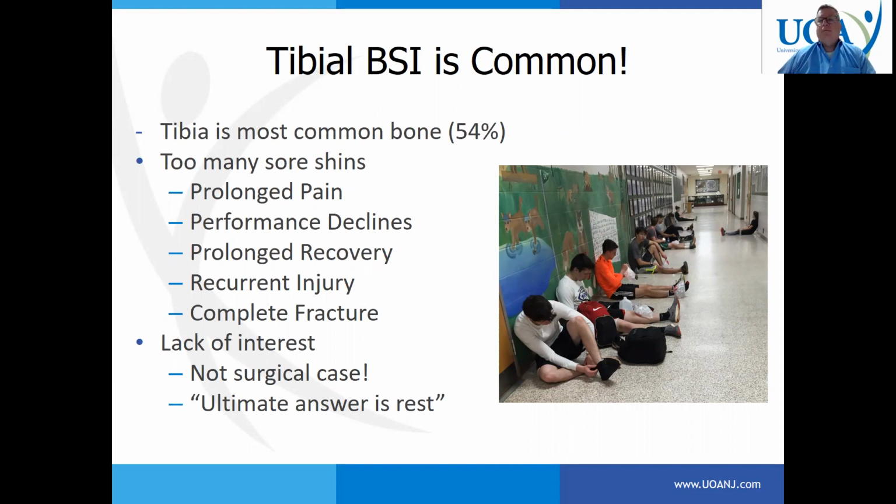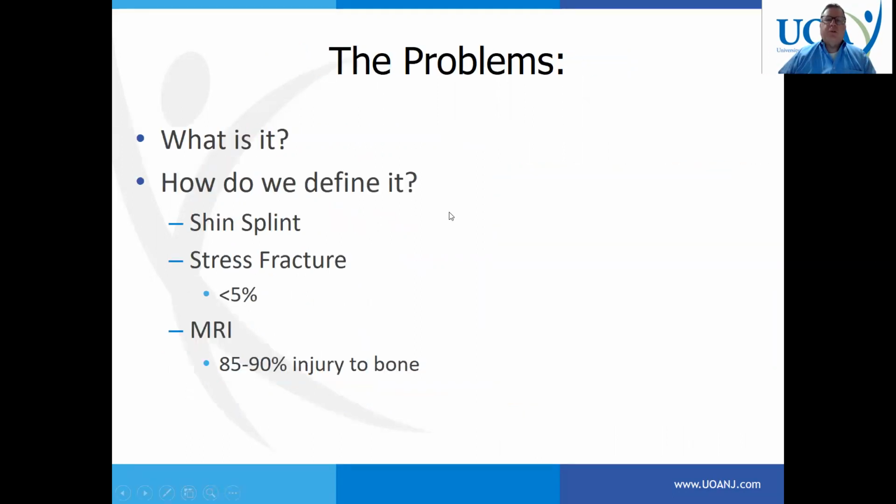There seems to be a lack of interest from the surgical community because it's not a surgical case. And from the primary care community, these things take so long to really dive into that sometimes we don't have our primary care docs taking as much time as they probably should. Consequently, we end up being oftentimes the primary care providers for many of these athletes with bone stress injuries. But ideally, it takes a team. It takes a lot of people to optimally care for these kids with tibial bone stress injury.